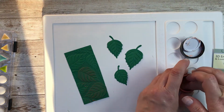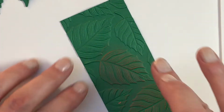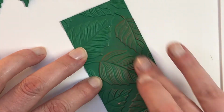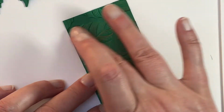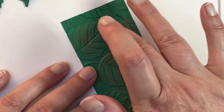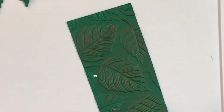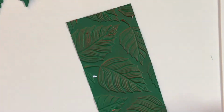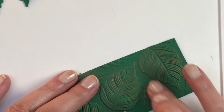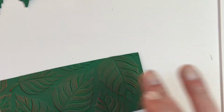So all I'm doing, let me pull you in again so that you can really see the detail on this. All I'm doing is adding gilding wax to my finger and smoothing it over the top. I think you would get an even better result with the newer waxes, especially the Stamperia ones. There's quite a few on the market now. Lisa Horton stocks them as well, so it's worth looking on her website. And all I'm doing is just working my way around the ridges of the leaves, and you get this really